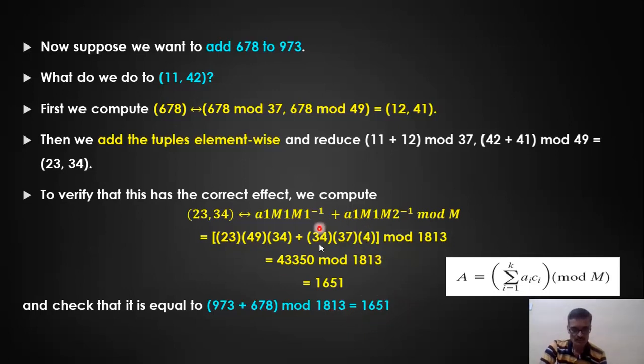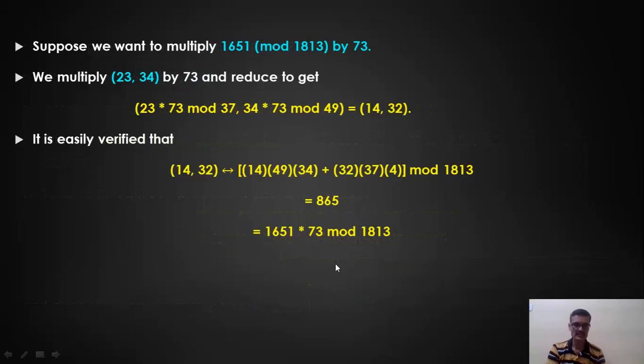So this method and this method, just add these numbers. Directly adding 973 and 678 will also give you 1651. So using this method also we have got the same answer. The advantage of this CRT is we are doing this in the form of tuples, where these tuples are smaller numbers, right? You can perform an addition using smaller numbers, and the tuple is converted back into the actual answer as 1651. So this is the first example.